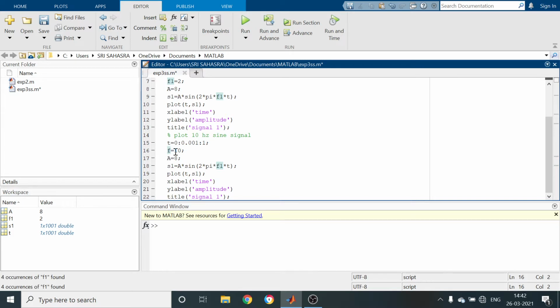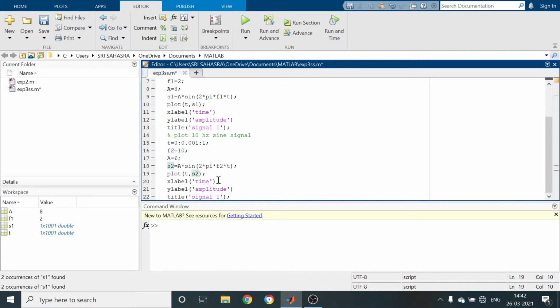Whereas the frequency I am going to change, in order to get the variation between the two signals. So this is F2, for the second signal. For the amplitude, you can take the same amplitude also for addition, but in order to make a difference I am going to take 6 volts. I assign the second signal as sine 2 pi F2 t. So the second signal S2 equals A star sine 2 pi F2 t2. Plot again, t comma y. So this is S2.